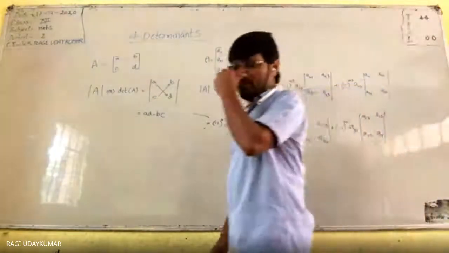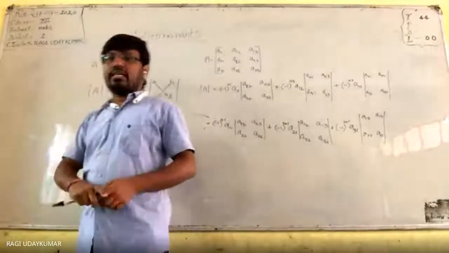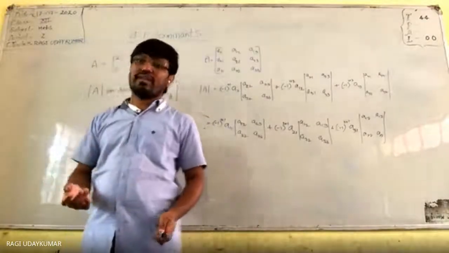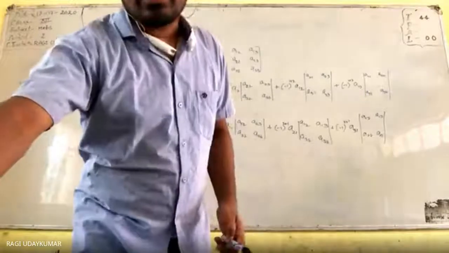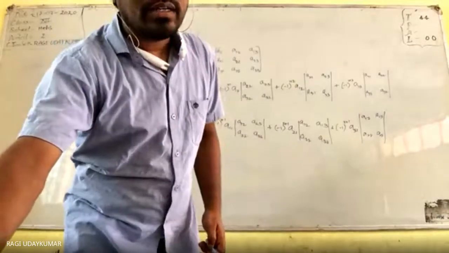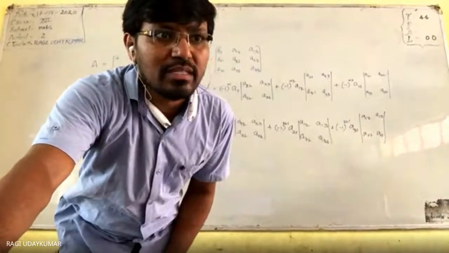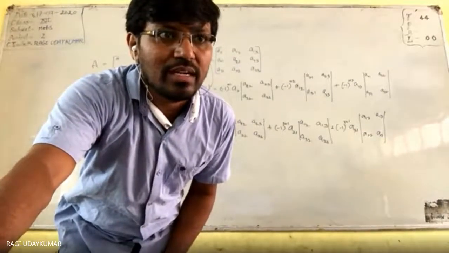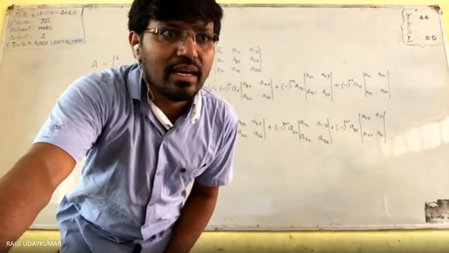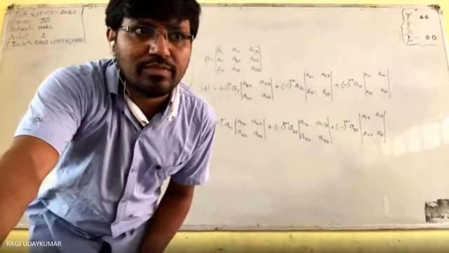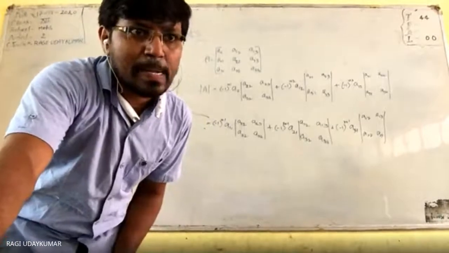So this is a way to find the determinant of any 2 by 2 matrix, 3 by 3 matrix, and 1 by 1 matrix, even a 4 by 4 matrix if it is given. So in this way you can find the determinant. So let us see some exercise problems based on the determinant. You can expand it by row 1 or any row, any column to find the determinant of the matrix. Okay.